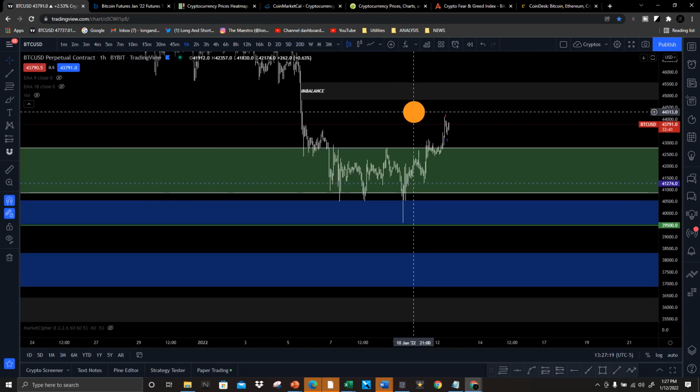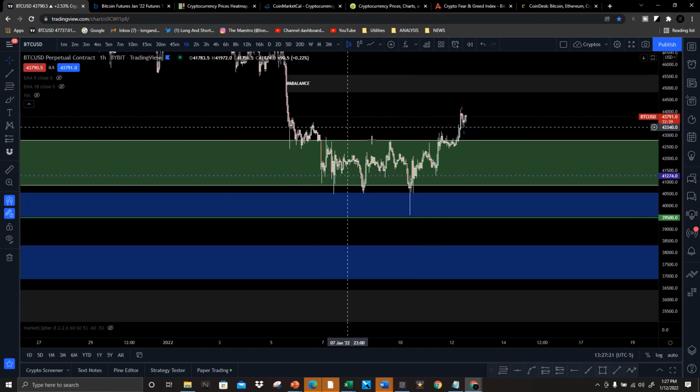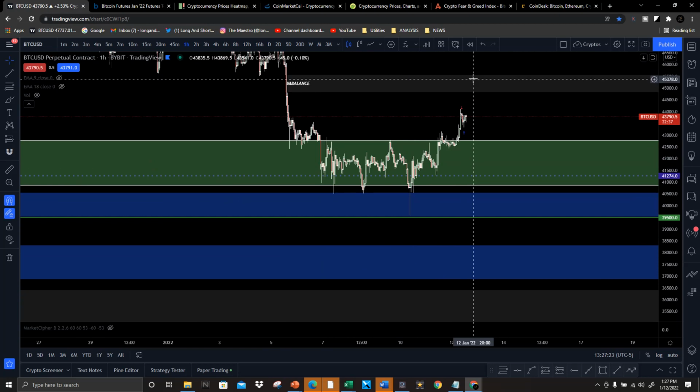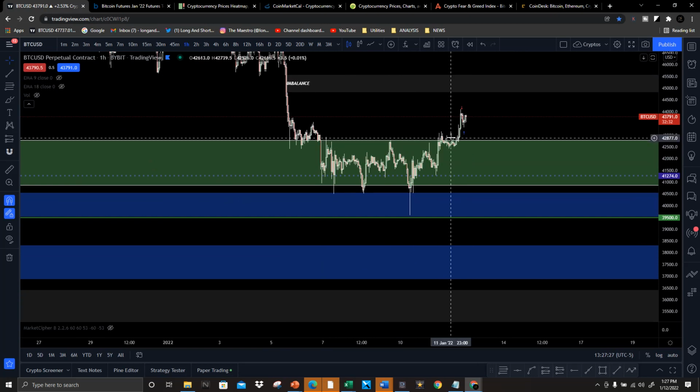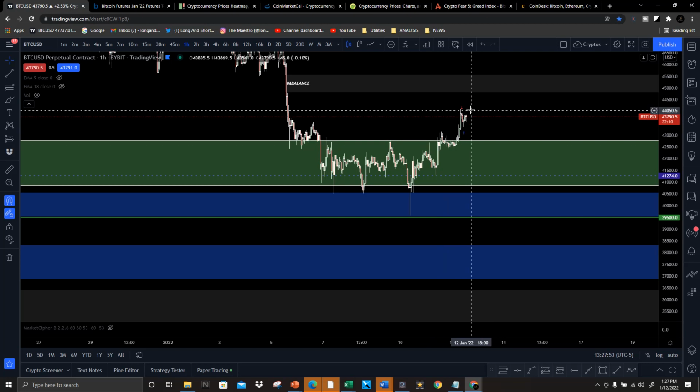So if you understand that concept and you understand why these dips happen before the push higher, you have a much better idea or understanding of when price may actually move. If you were trying to take a short from the top of this range yesterday, you did get caught, which is why I said if you are going to play this method, you want to have your stop loss as close as possible here. You're going to lose a little bit instead of a lot if price does try to run away from you, which it did last night.